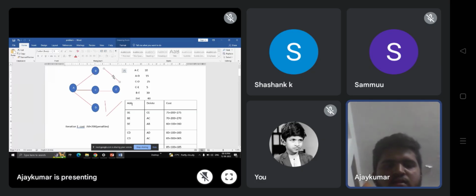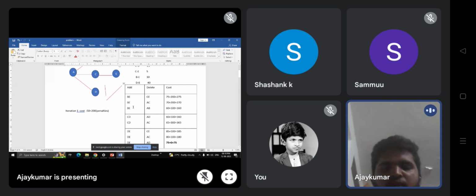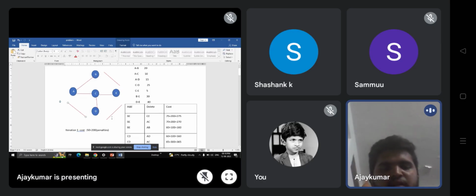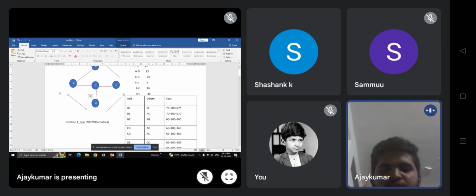Now you have to do the same for CD. If we add CD, you can see that there is a formation of a cycle here. We need to remove one of the edges, AC or AD. We try to remove the edge AD first. Now calculate the cost. By removing AD we got 160. By removing AC,